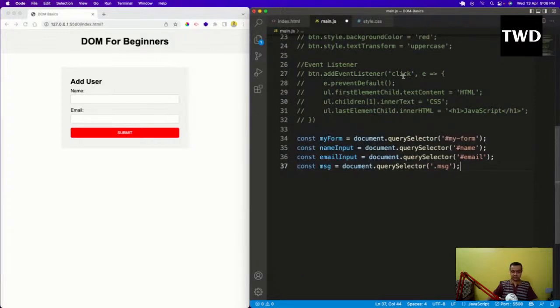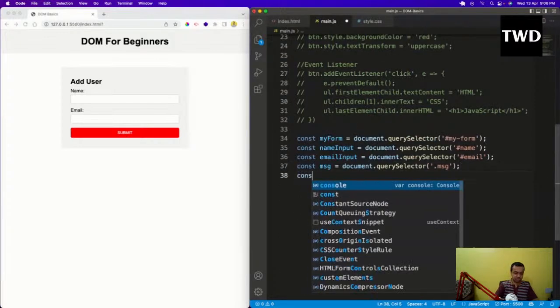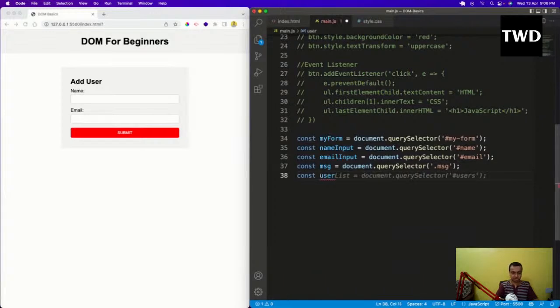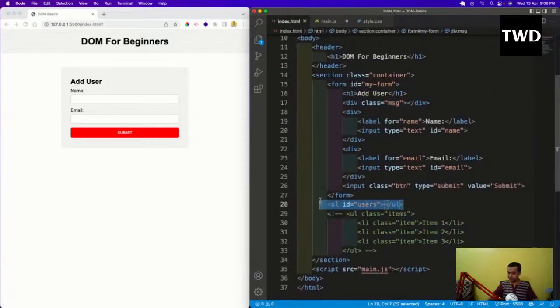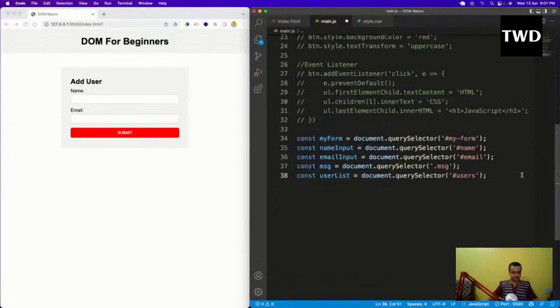Then const userList is document.querySelector('#users'), and this is again an empty ul which is outside the form. We have taken that for a reason, and we're going to see what reason is there. So I'll save it, and now we have to